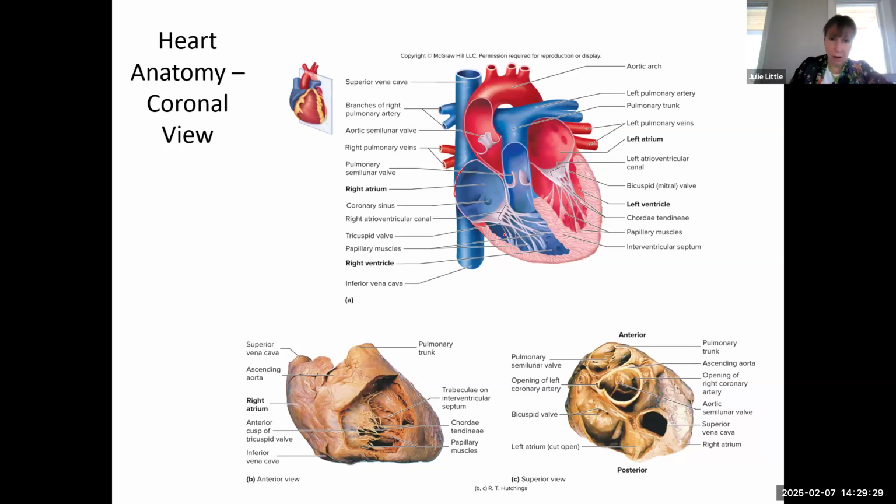Well, we have these valves between the atria and ventricle. Here's a valve right here, all this white stuff, and here's a valve right here, all that white stuff. These are the valves between the atria and the ventricles, so they are called the atrioventricular valves. Their purpose is to prevent backflow of blood. We want blood to go in one direction in the heart, from the atria to the ventricles and out, right? And we don't want it to go from the atria to the ventricles and then back up into the atria. Not a good situation. So the atrioventriculars prevent backflow of blood